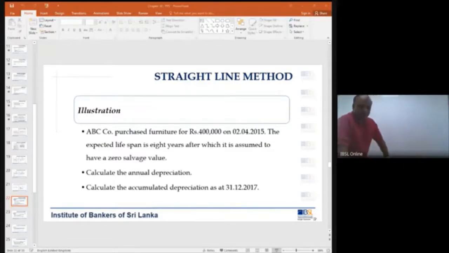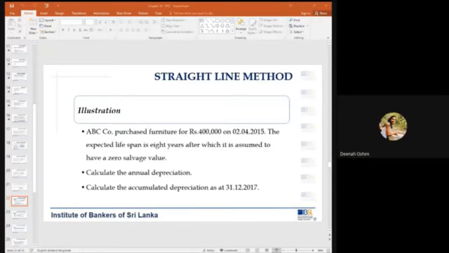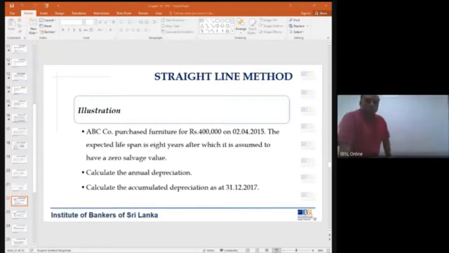So if it is 20%, how many years of useful life? Quickly. 5. Then the question is, calculate the depreciation for every year up to 31st December 2017. They are asking for every year, remember. Calculate the accumulated depreciation up to December 2017.